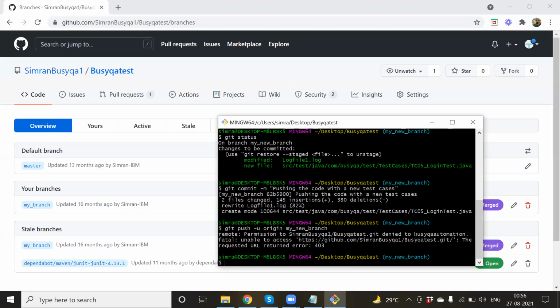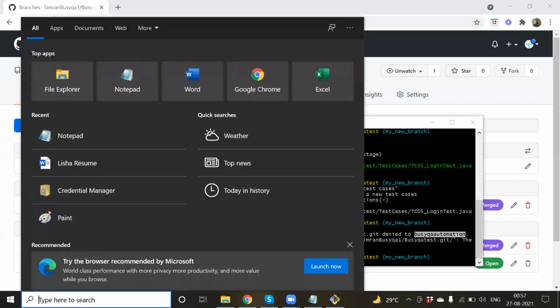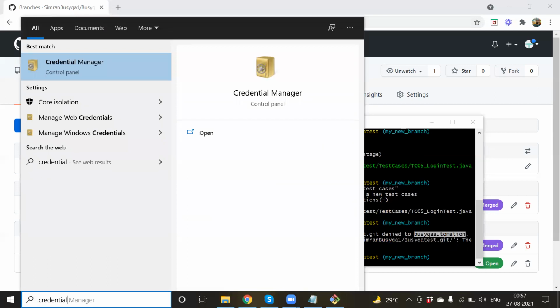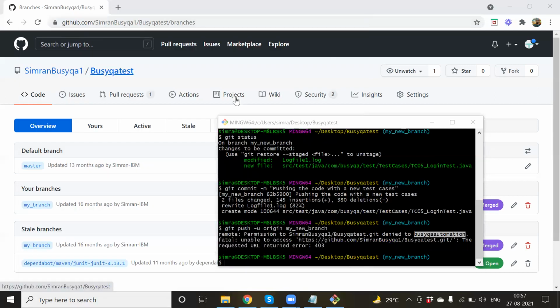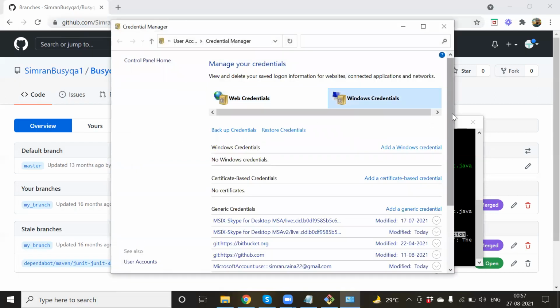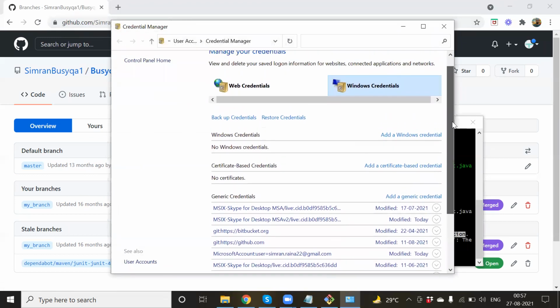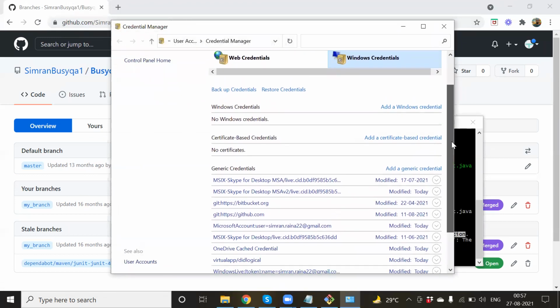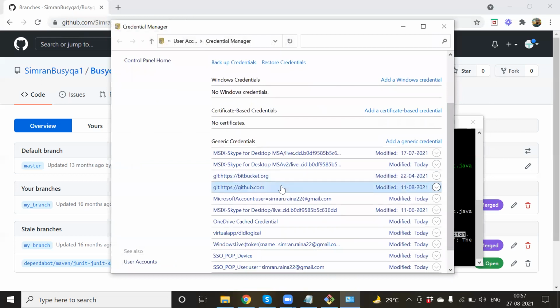it is actually because I'm working in multiple accounts. That is one problem. There are multiple GitHub accounts that I'm using. So what I will do is I have to actually remove that. Maybe you don't have to do this, but if you're working with GitHub accounts you have created with multiple email IDs, then maybe you'll be facing some issue like this.